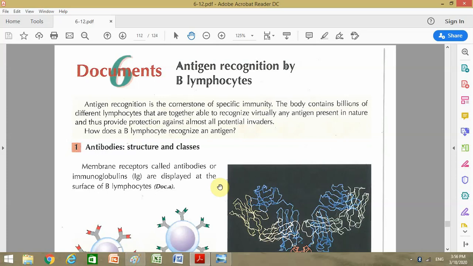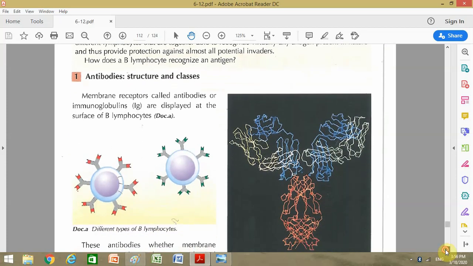It is very important for the immune system to recognize antigens and destroy them. As you know, we have two types of lymphocytes, B and T lymphocytes. So how does each one of them recognize the antigen? First of all, we will start with B cells. B lymphocytes